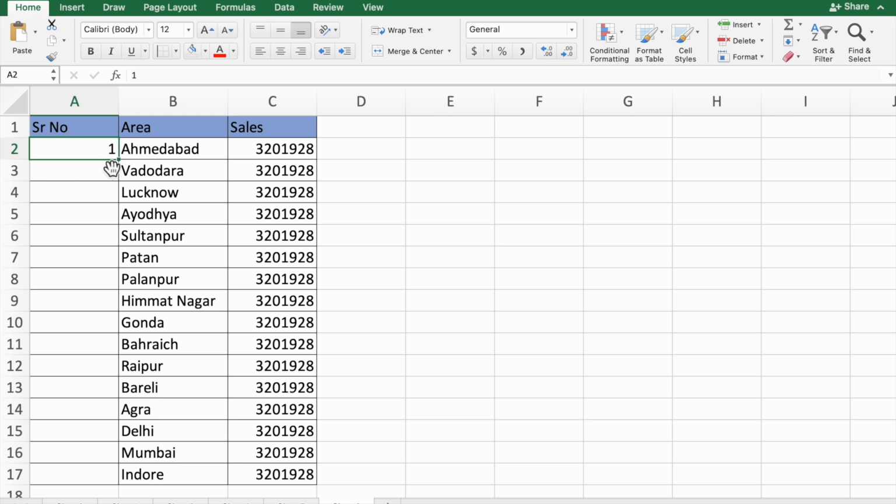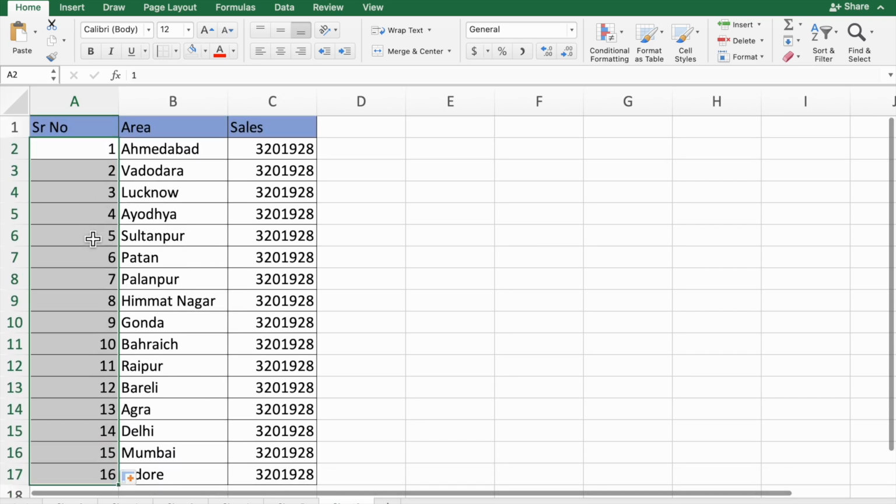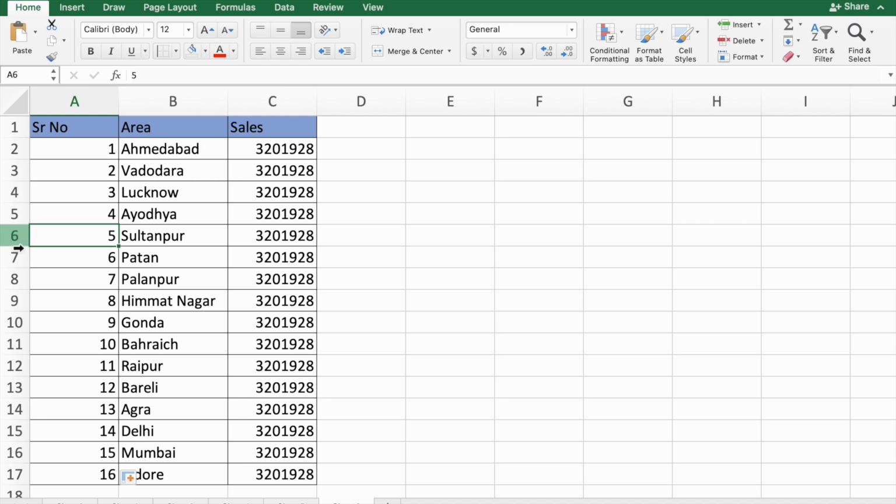So the common method by which everyone generates the serial number is to just type 1 and 2 in the first two cells and then drag it to the bottom. Many people generate the serial number by this method, but there is a drawback in this method,